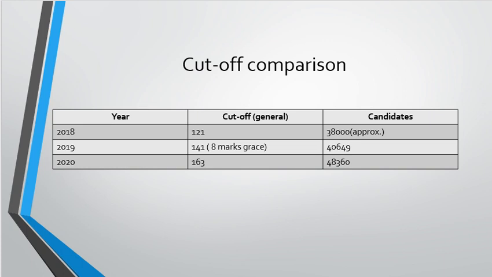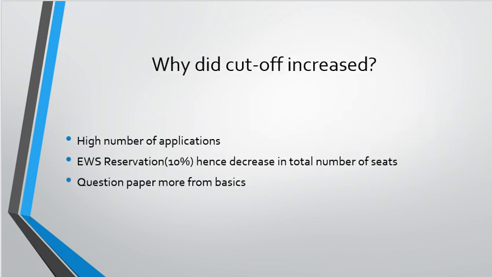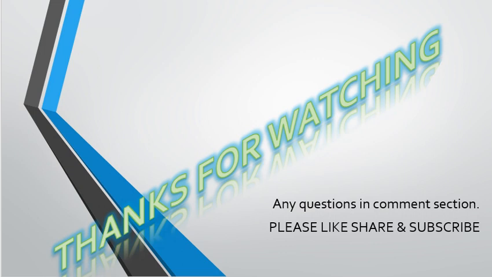It's a bit easier, and that's why from 2018 to 2019 also the cutoff increased to 141. At that time this was the highest recorded cutoff, and again in 2020 it went higher to 163, because the question paper was also easy, and again the candidates were more compared to previous year. When I say question paper was easy, I always compare from the previous year, and that's why the cutoff was a bit increased. That was the main reason. So this was all the details regarding the GPAT examination that you need to know.